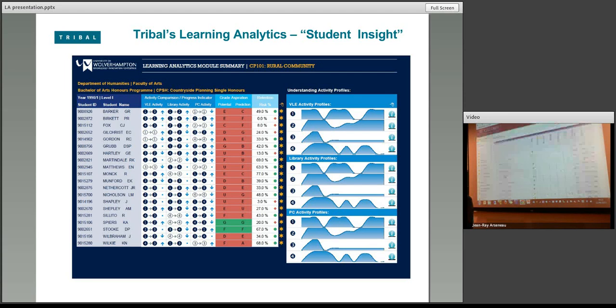What you're seeing here is an example of what we call a student monitoring report. You might call it something else. But it's basically a list of the students that this particular person is in charge of looking after. And going from the left to the right-hand side, there's some data that you might be interested in if you're a personal tutor and working out whether this student might be at risk.